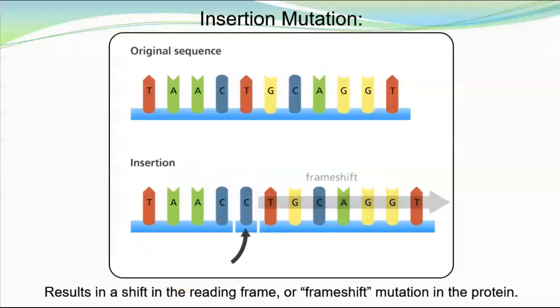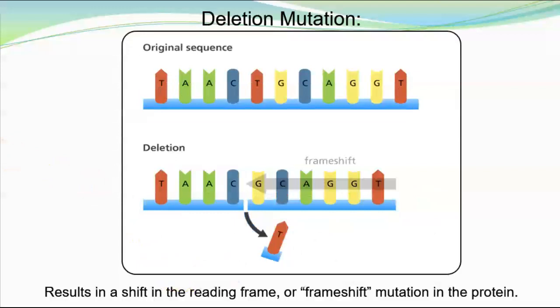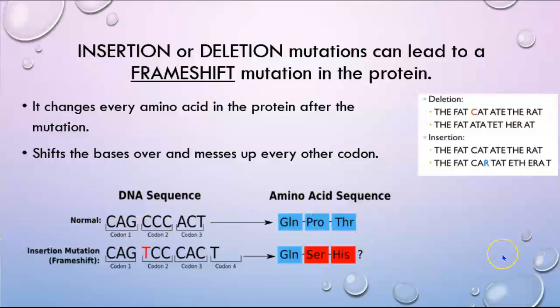So insertion, deletion, these two, just to reiterate, result in a frame shift mutation in the protein. It changes every amino acid in the protein after the mutation. It shifts the bases over and messes up every other codon. So if the original sequence read CAG, CCC, ACT, which would get glutamine, proline, and threonine as the amino acid sequence, the frame shift mutation is going to read